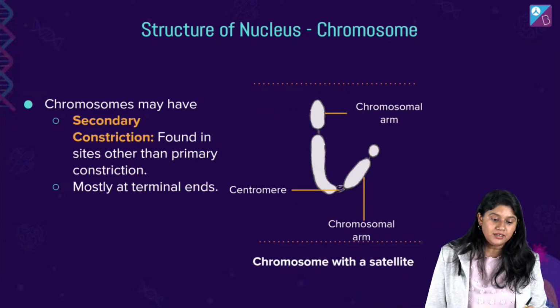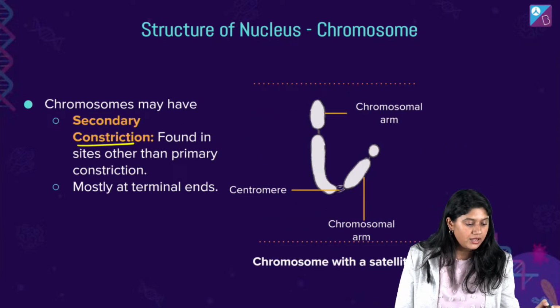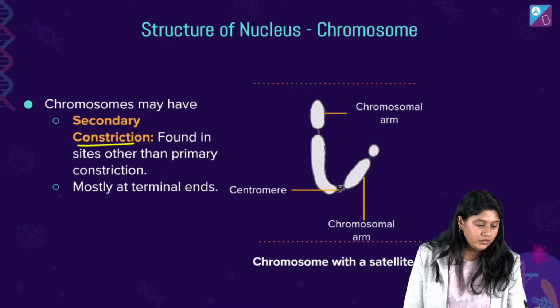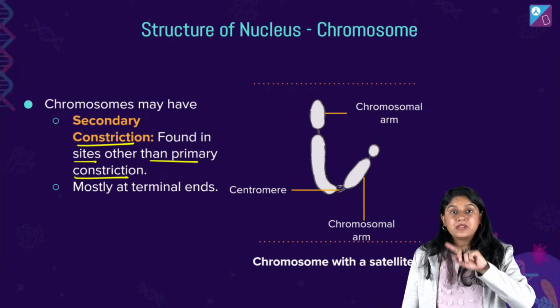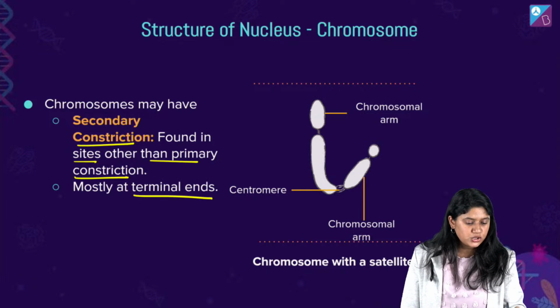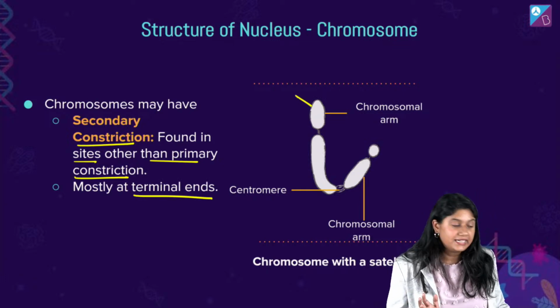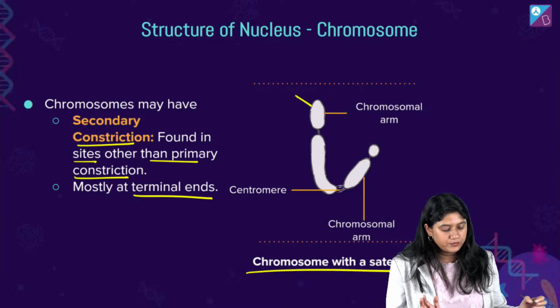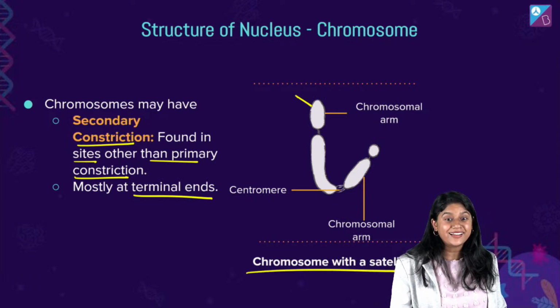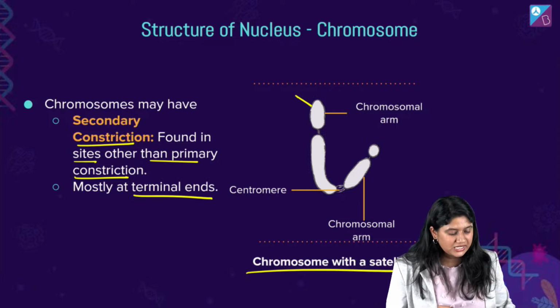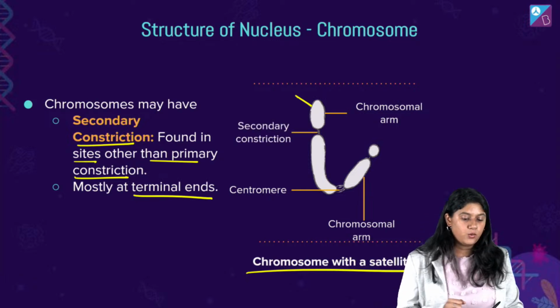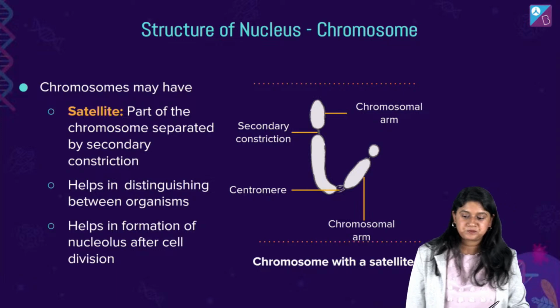This we call it as the secondary constrict, right, and it is usually found in addition to the primary. मतलब प्राइमरी के अलावा we have this, and it's usually there at the end, and arms की end पे ही होती है. Clear? It's there only at the end of the arm. And this chromosome has the satellite also. I made that, right. छोटू सा satellite will be there. Okay. And here we have the satellite.